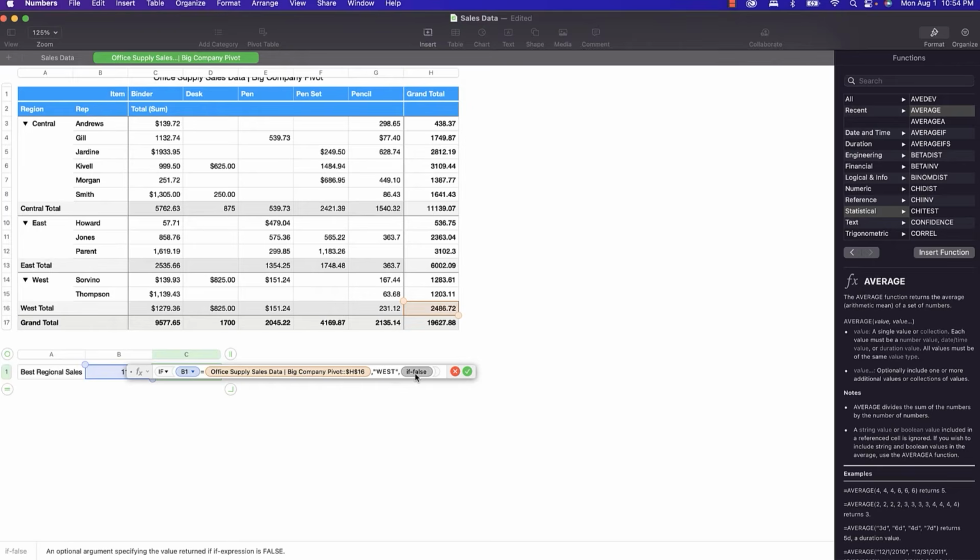If not, we want it to say if again. See, we're nesting them. If this is equal to this cell, then we want it to come up with the text that says east. And if not, we'll do one more if statement here. If, and hit enter. So the expression again, if this cell is equal to this one, then we're going to have it say